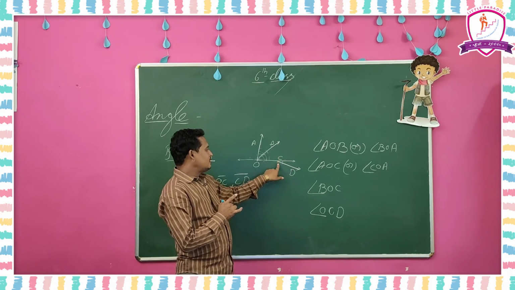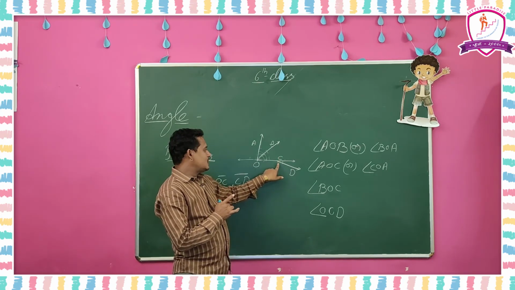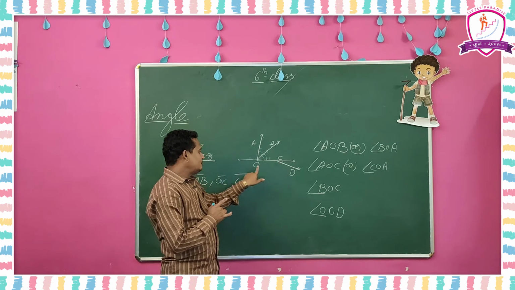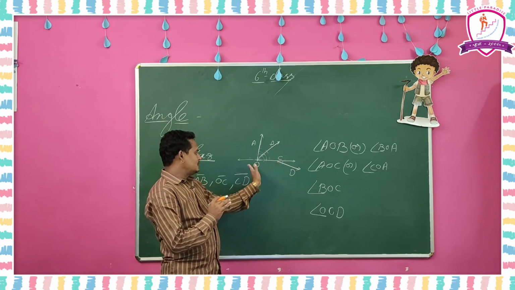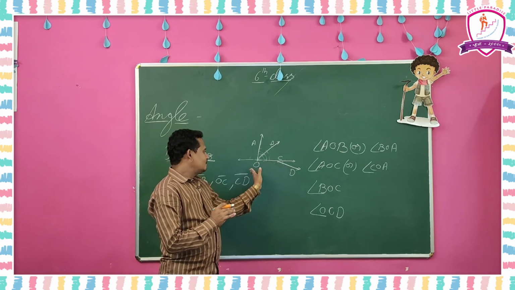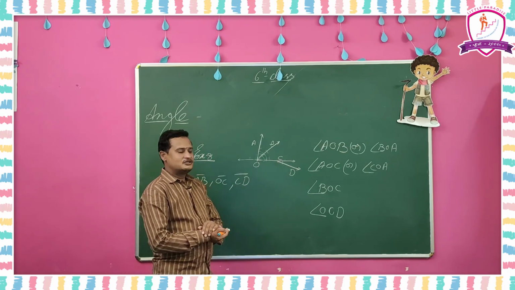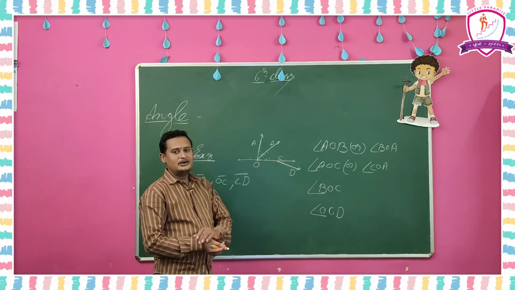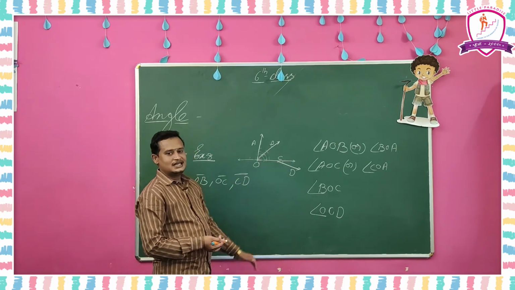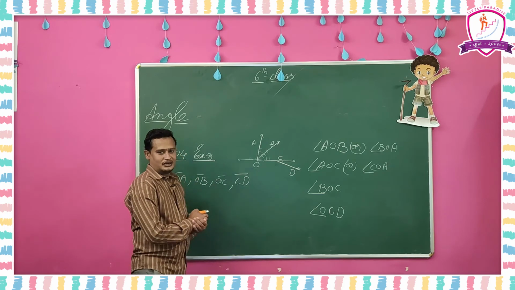So when we are going to talk about the angle at C, we have to use O and D as arms. OC, CO and CD are the arms for the vertex C. Understood? So like this we can form four angles. We can write four angles in the given figure. Like that you have to observe.